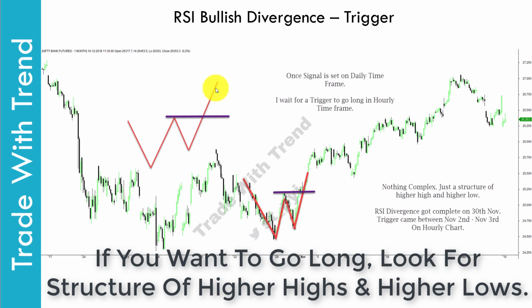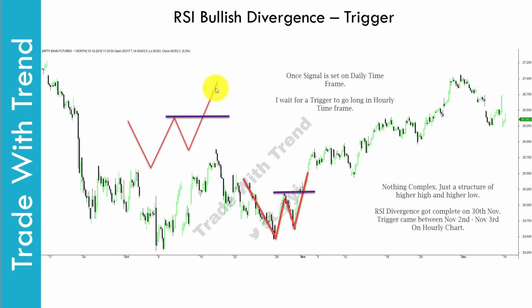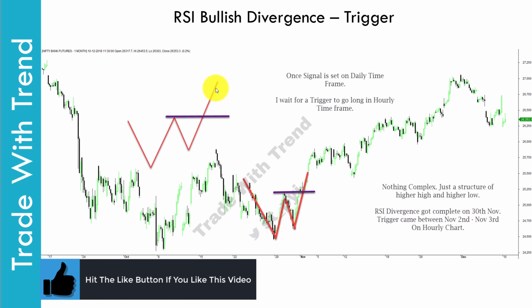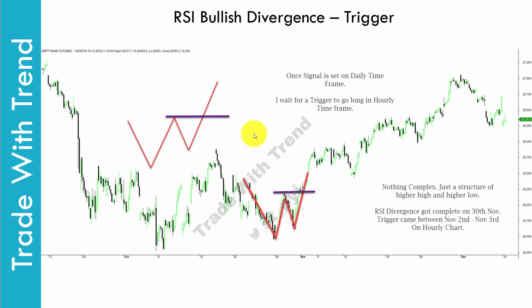So that is all in this particular strategy. This forms the crux of it. The rules that I have given out are to ensure that you stay in the right direction of following a proper method, and then you build on it. What I'll strongly encourage you guys to do is, this was an example of Bank Nifty that I took up. If you track any other stock or commodity or index that you want to analyze through this RSI bullish divergence method, after this video, open up your charts and try to find some bullish trades.